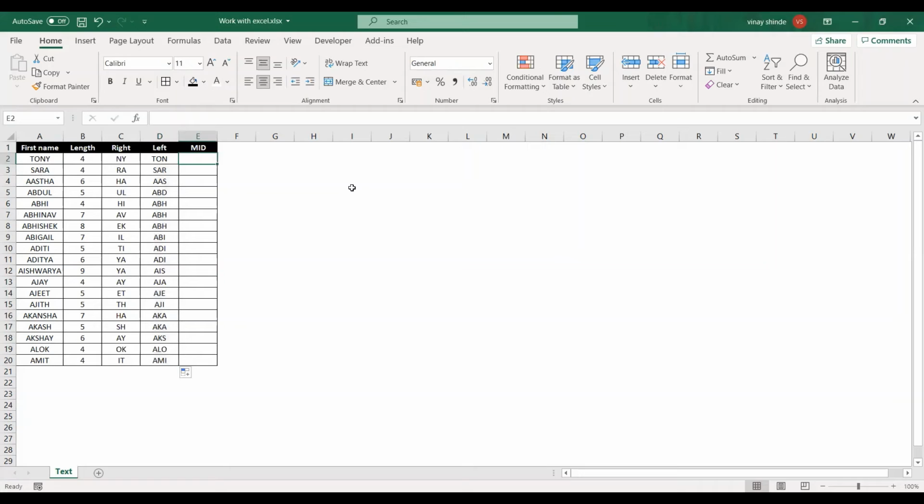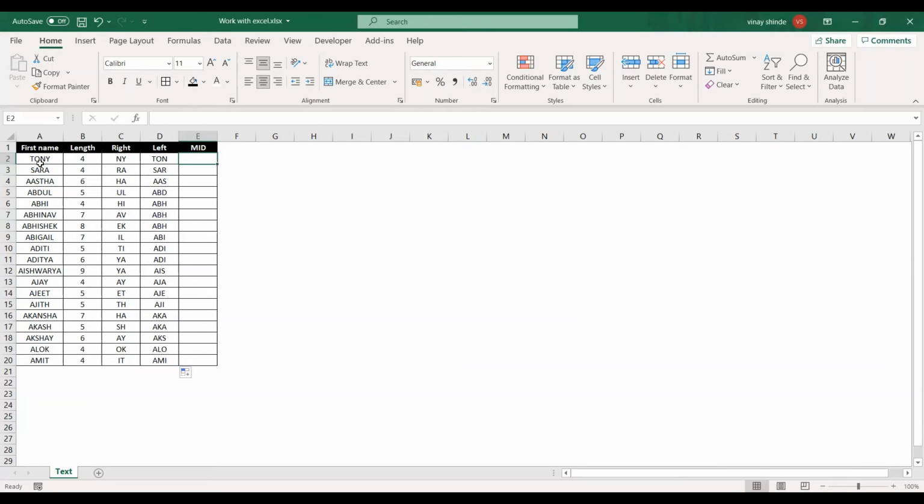And the last function that we are discussing today is MID. What MID does is, let's say you want characters neither from the right nor from the left, but from some middle value. In this case, let's say I want the name of the student starting from the second character onwards, and I want Excel to give only 2 characters.